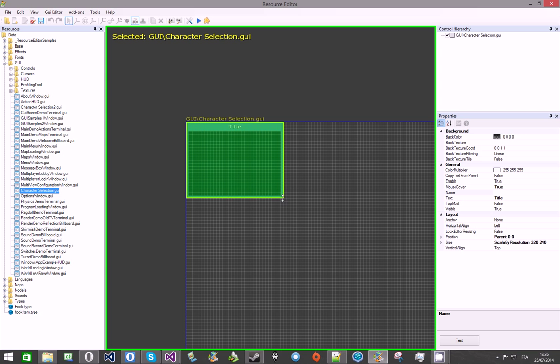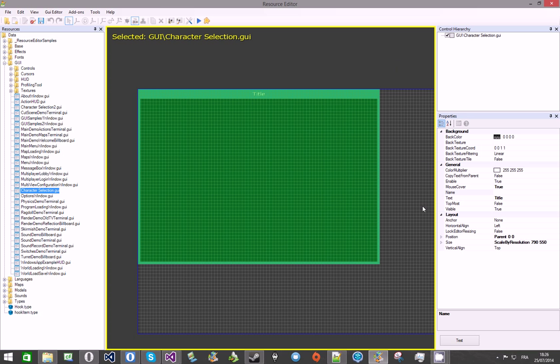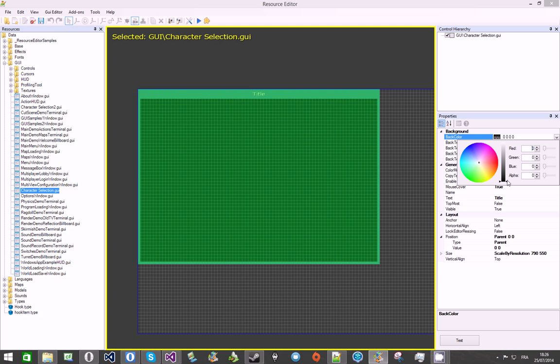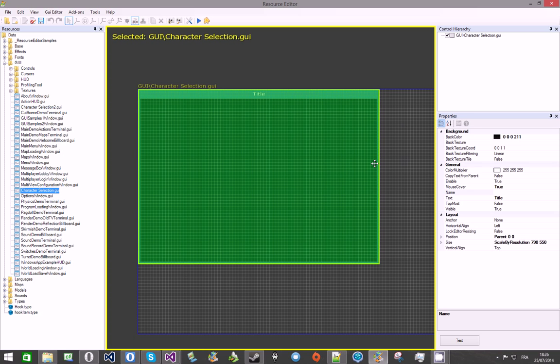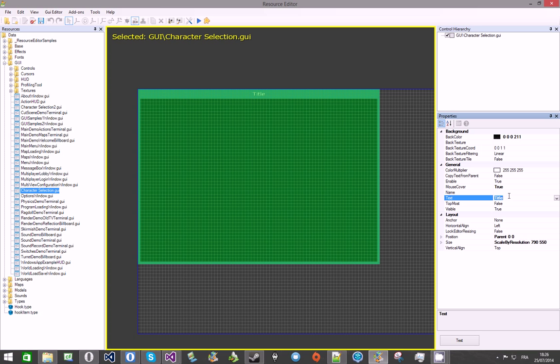So now I'm going to make it a bit bigger. Position. So back color, I'm just going to put some alpha and mouse cover. Yep, that's it. Okay, so we got our window. So select your character,